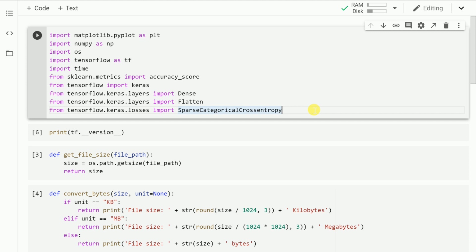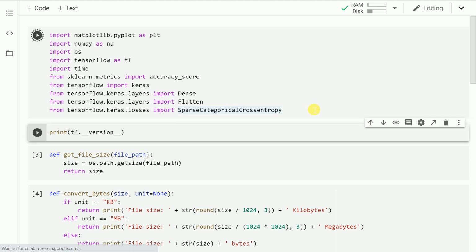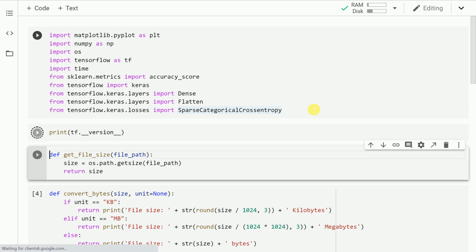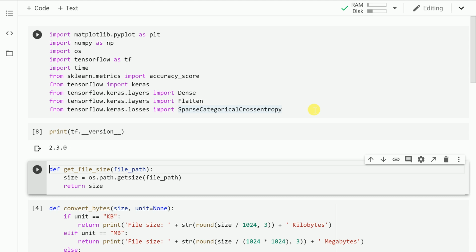Let's kickstart the activity of converting a TensorFlow model into a TF-Lite model by importing the necessary modules. So let me run this cell. The TensorFlow version that I'm using is 2.3.0. If you're using the 1 series, then the code that I've written might not be relevant. So it's better to upgrade to TensorFlow 2 series and use a script that I've created for this entire activity.